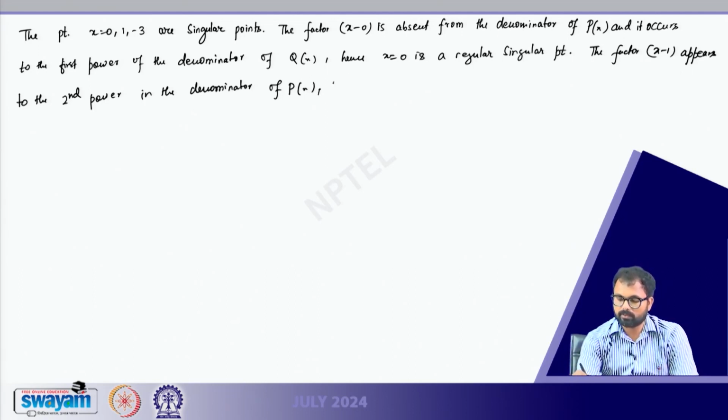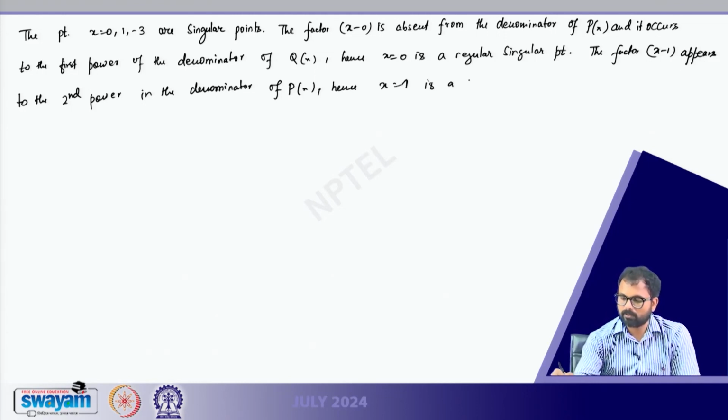So, hence x equals to 1 is an irregular singular point,